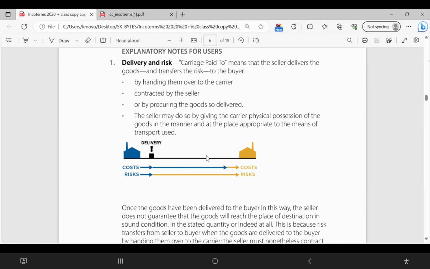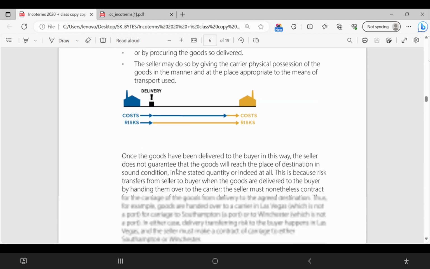If the parties in the sales transaction want the seller to pay for the insurance, then they should select a different incoterm, like CIP and CIF. Right. Delivery happens here, and the seller is paying for freight until here. If some damage happens during the voyage, he is not responsible. Okay, that's what we read here.